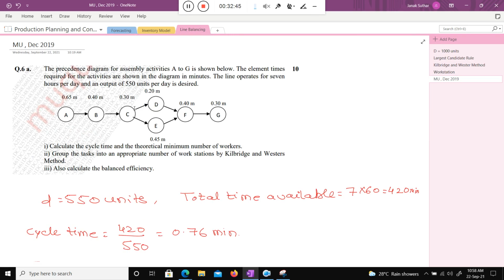In many research publications it is stated that the rank position weight method is more accurate compared to Kilbridge-Wester, but that is not universally true. You need to check the smoothness index again and again for a particular problem, and then only you can say which one is the best. So we will discuss all three methods here, and they are given in your university syllabus also.